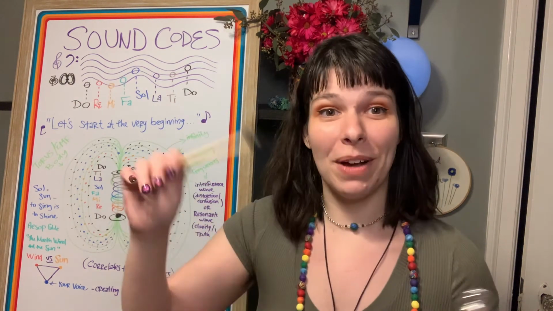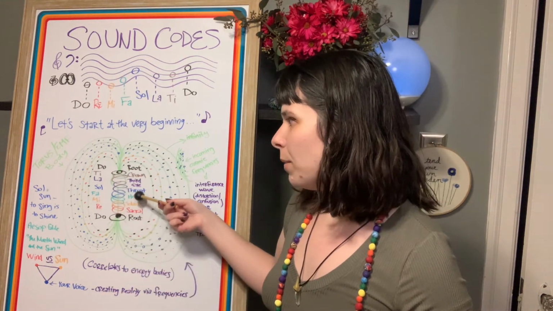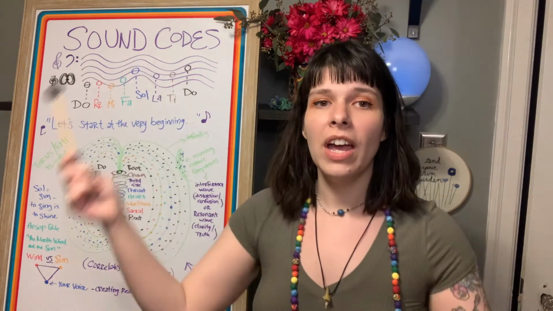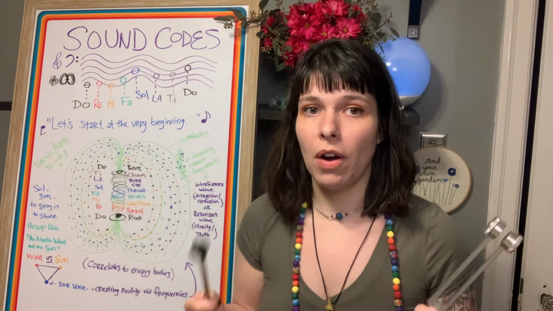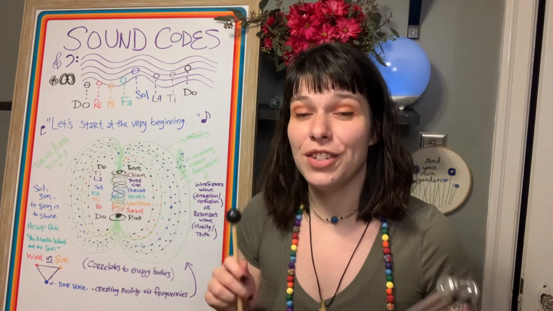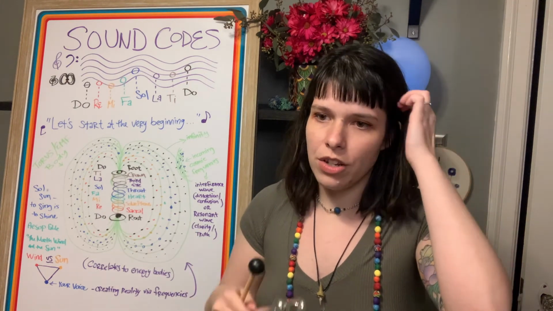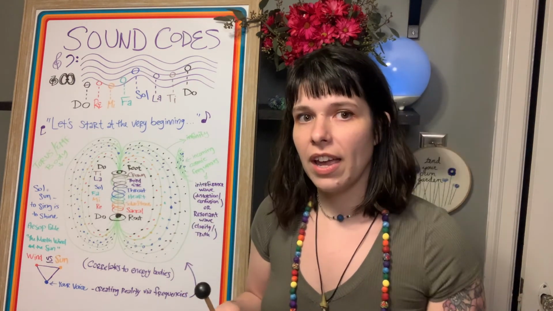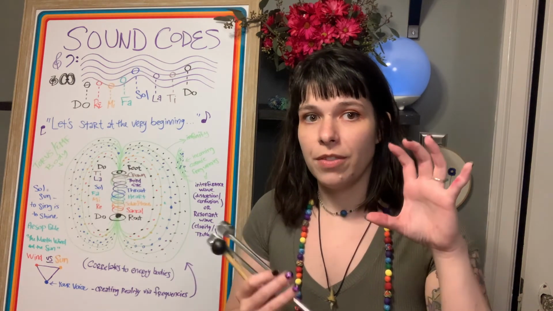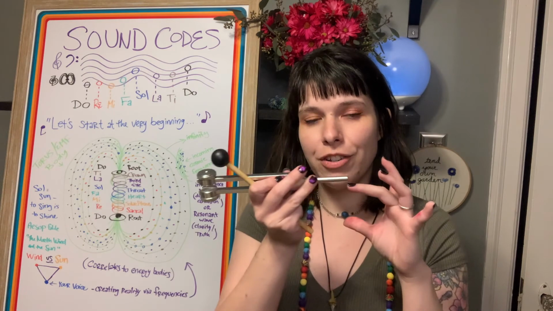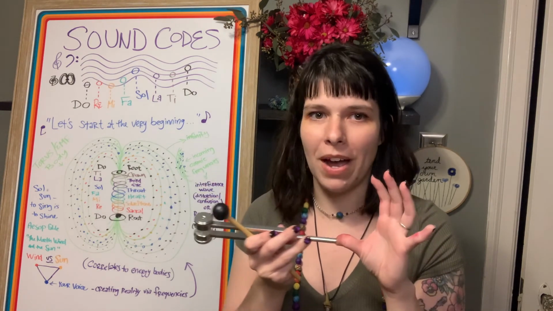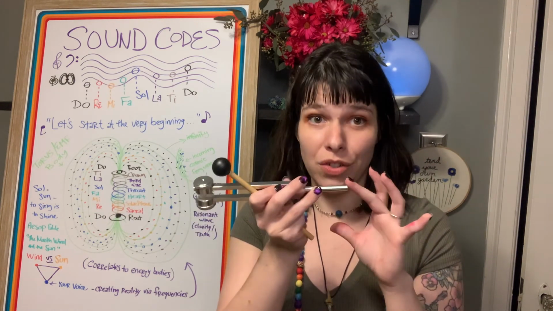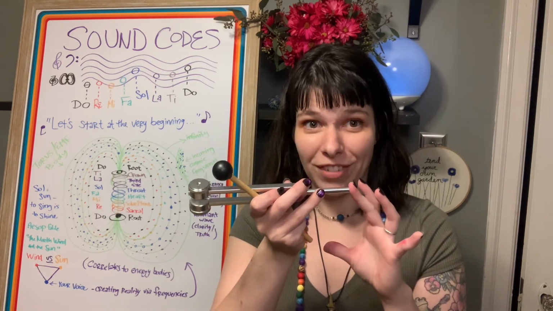Okay, and then we're back to do. So do, re, mi, fa, sol, la, ti, do. And so when people talk about octaves, you can literally do this with your voice. You can literally use your understanding and your inner hearing of an octave range. And if there's an energy down here at this octave, you can match it at its higher octave. You don't have to match it down here if you know how to get from here to here, which is to go from do to do, which is do, re, mi, fa, sol, la, ti, do, right?